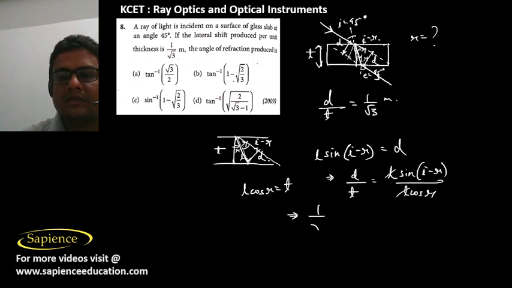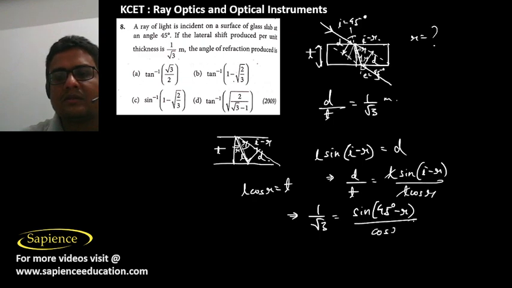So D by T, that is 1 by root 3. That is told, this is sin(I minus R) means sin(45 degree minus R) by cos R. And if I apply Snell's law, then we will get that